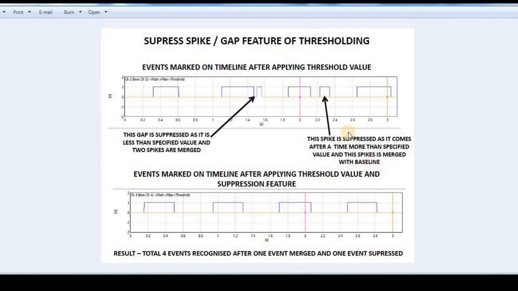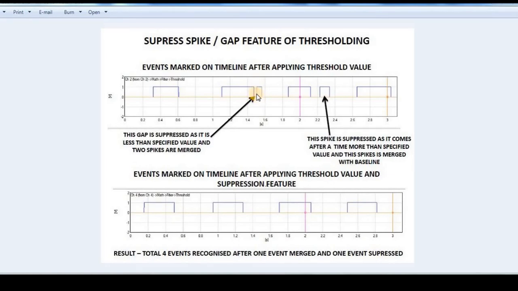So we have, let's say, 6 events or 6 periods of activation. But we know that at some time there are some unnecessary, unwanted artifacts or noises that can give you a spike, and we may misinterpret them during our analysis as a period of onset.